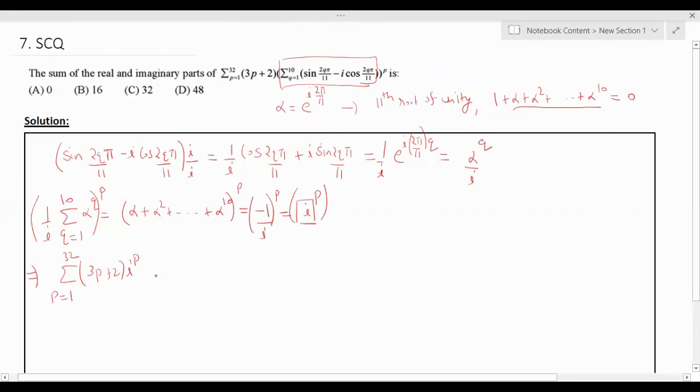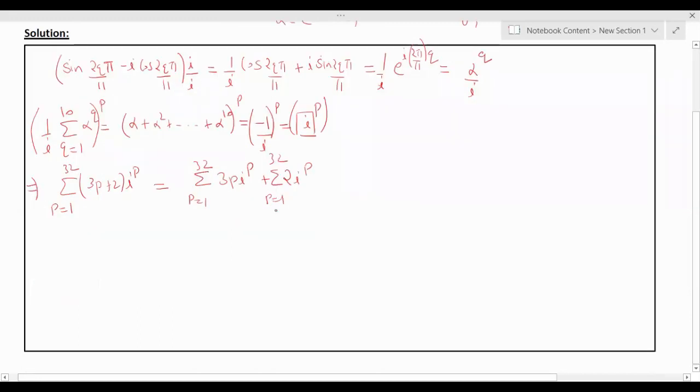So again I'm going to break it, as we did in the second problem, into two parts. The first part will be the summation of 3p I to the power p, with p equals 1 to 32, and the second one will be 2 times I to the power p, again summed from p equals 1 to 32. So let's solve this in two parts. First, I'm going to solve the part which looks relatively simple, which is only I to the power p. So when you expand this summation of I to the power p, p equals 1 to 32,